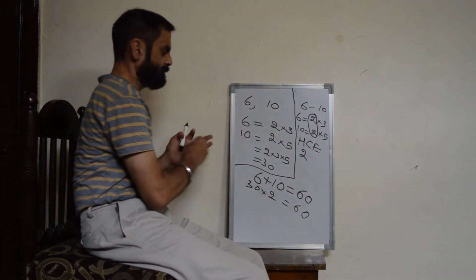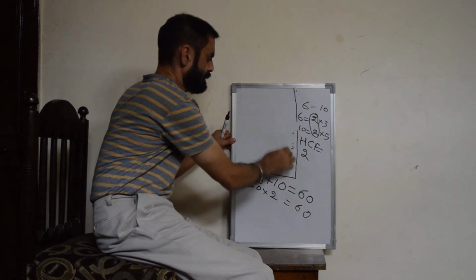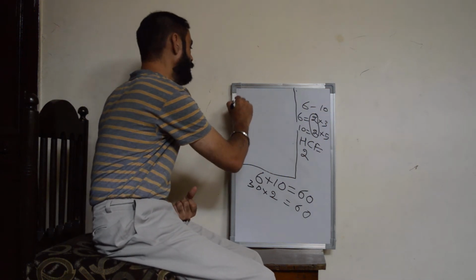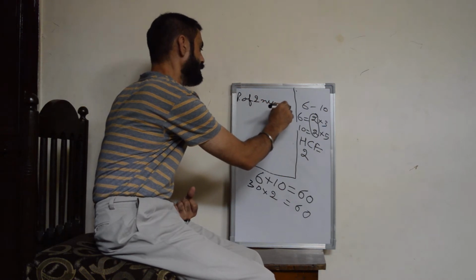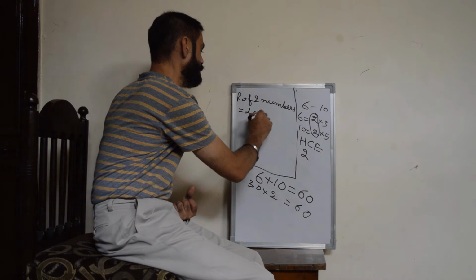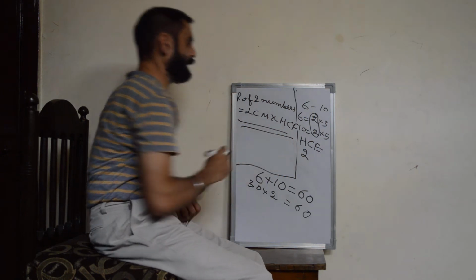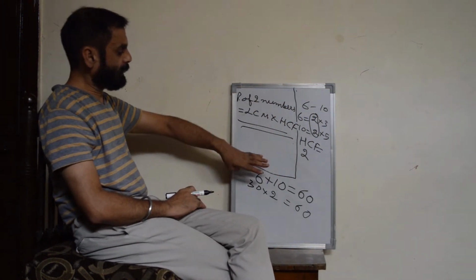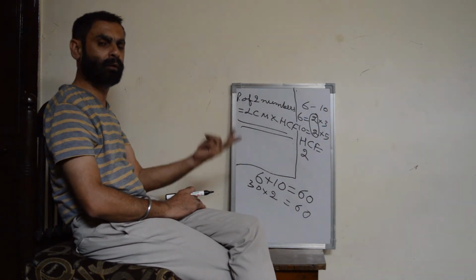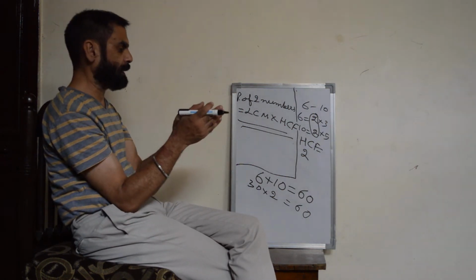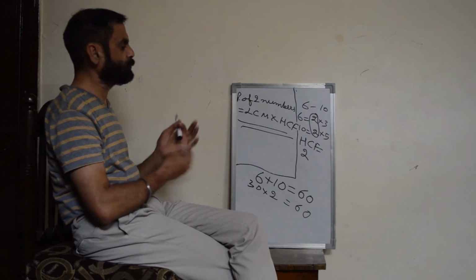So from here, we can find out the relation that I am writing in short: product of two numbers is equal to LCM into HCF. So this is the new formula that we are getting out of this. So what we have discussed is that whenever we find out the LCM and the HCF of the same two given numbers, then the product of those two given numbers is equal to the product of the LCM and HCF. Now we will see where to use it.